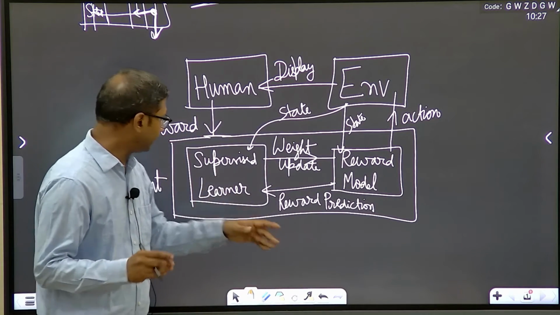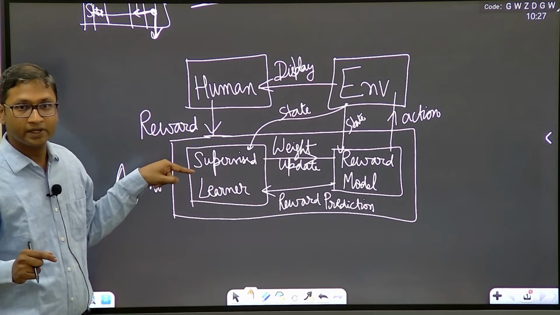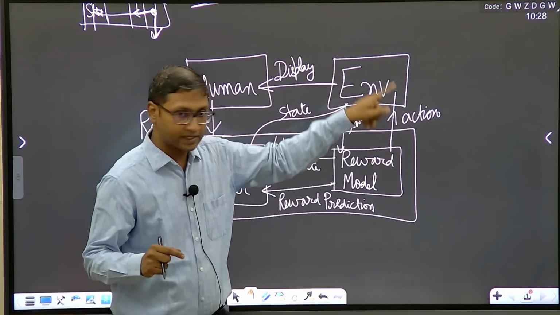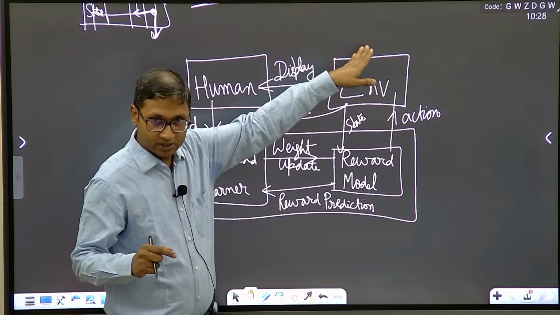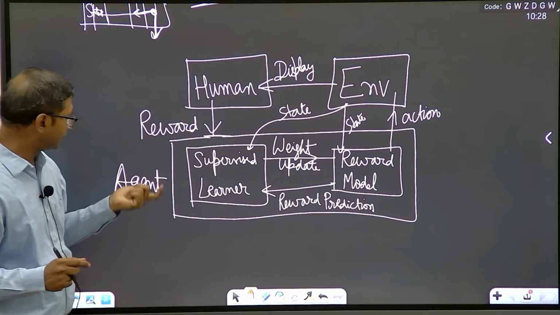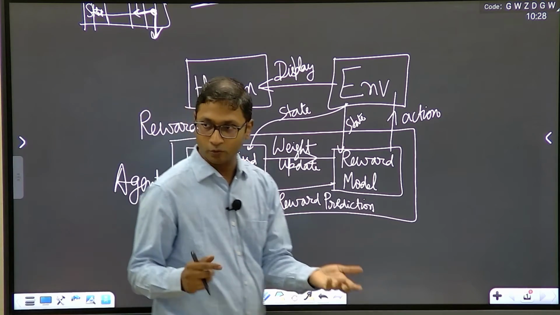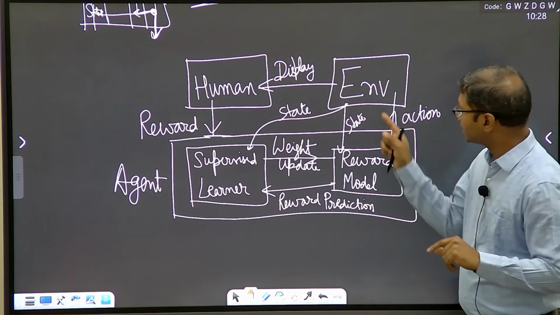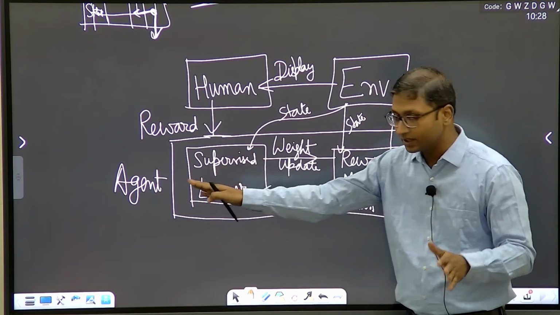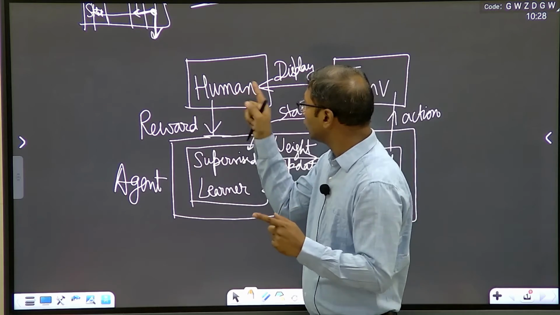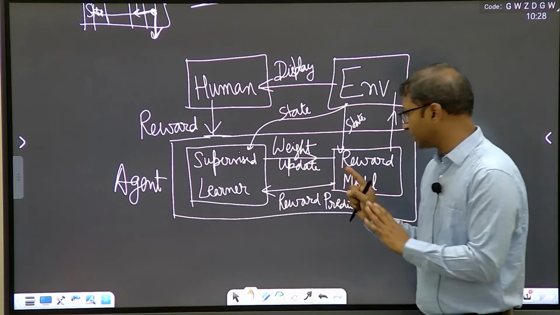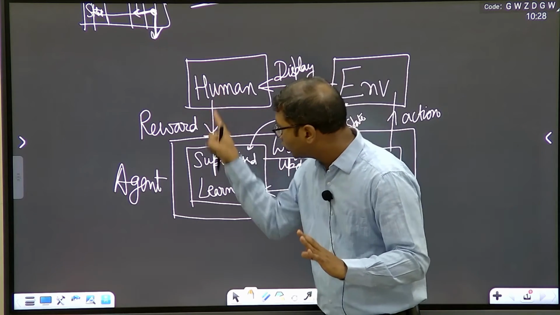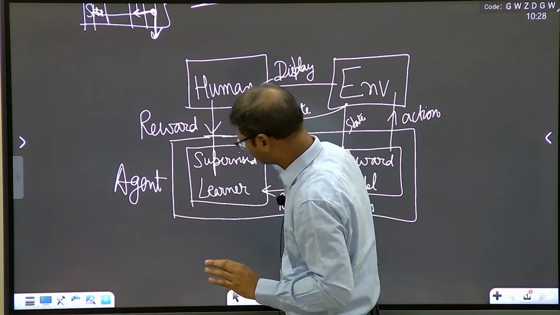So earlier, the agent was just going to interact with the environment. The agent takes action, the ball is in the environment's court now, whichever state it throws me in and whatever reward it throws to me. Okay. Now, in this case, the agent still takes the action, the environment still throws the agent into the next state, but the human is also looking at what my agent is doing. So the human looks at what my agent is doing and the human gives the reward now. Okay.